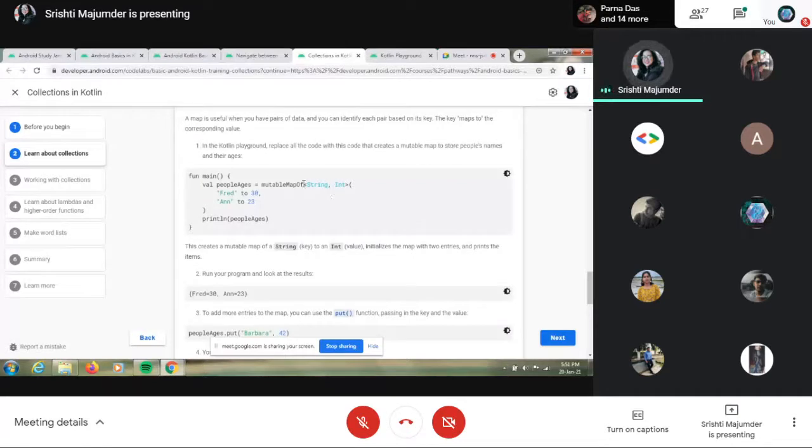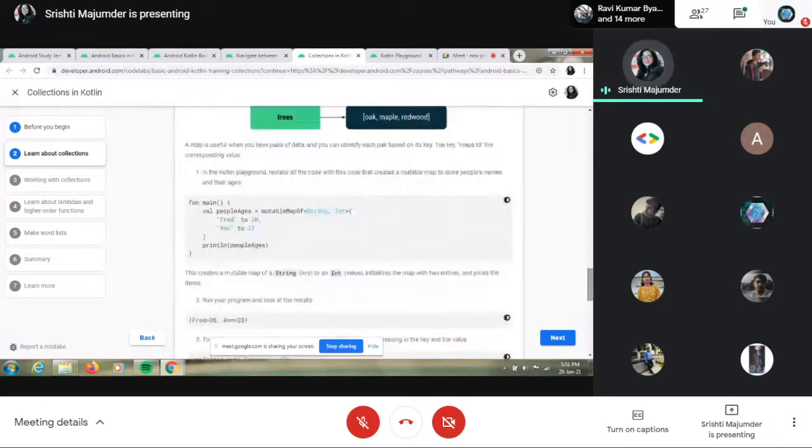The String declares the type of the key you are using, whether it is a string, an int, or whatever it is, and then the value type is what the key is pointing towards. As you can see, it's an Int. So I've mentioned Fred to 30 and to 23, and many more can be added. Then I printed peopleAges.